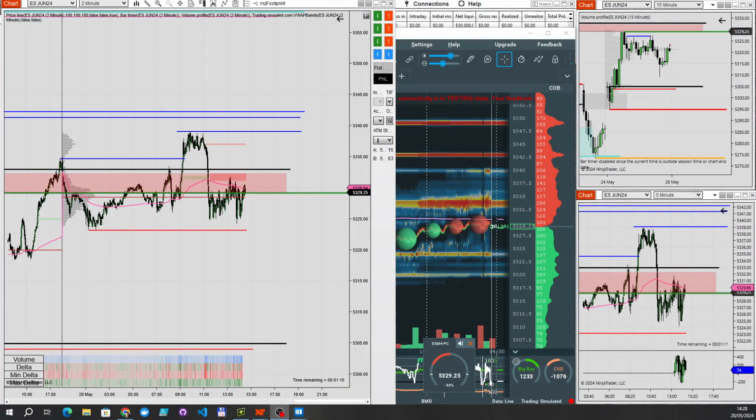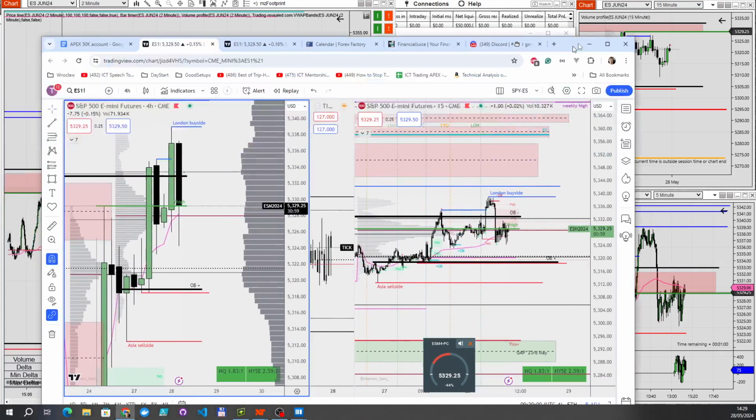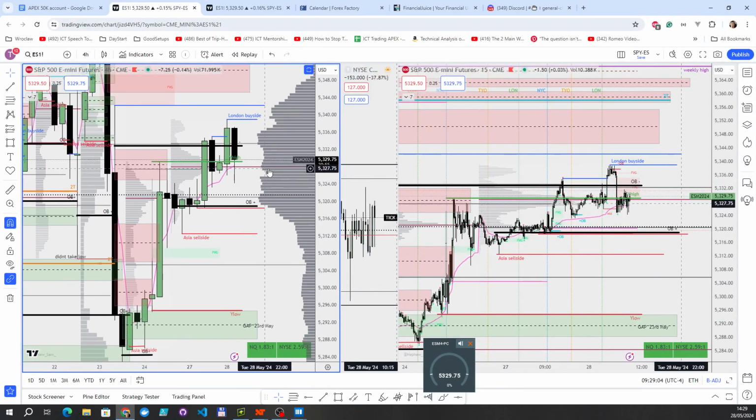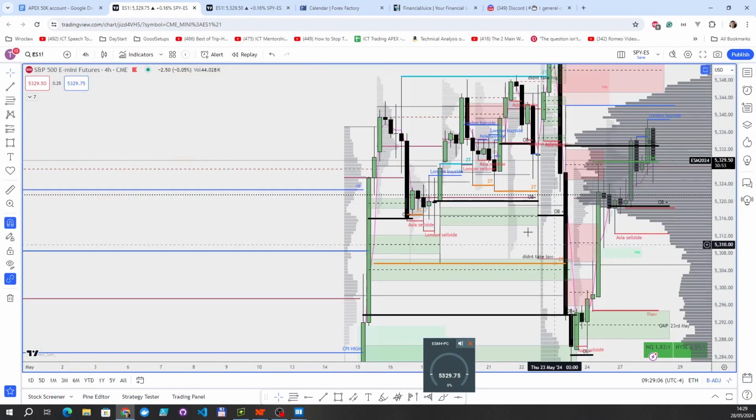Good morning. Today we have the 28th of May 2024. It is Tuesday and we are looking at ES. Let's just go about 1 minute till open. And practically what I'm going to be looking for at the open